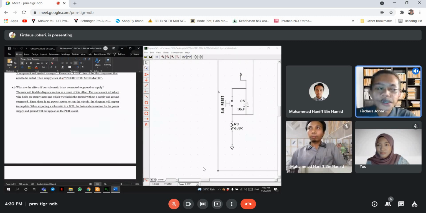Okay, so what are the effects if our schematic is not connected to ground or supply? First, the user will find the diagram unclear, because the user cannot tell which wire holds the supply input and which wire holds the ground without supply and ground connected. And then, since there is no power source,